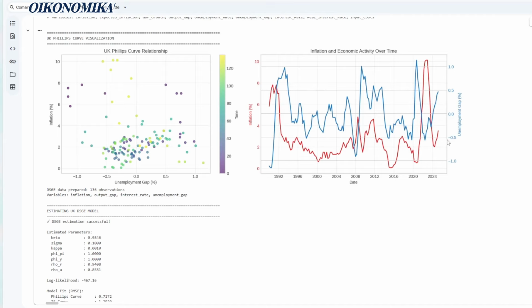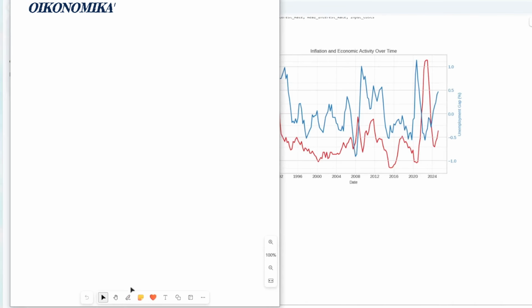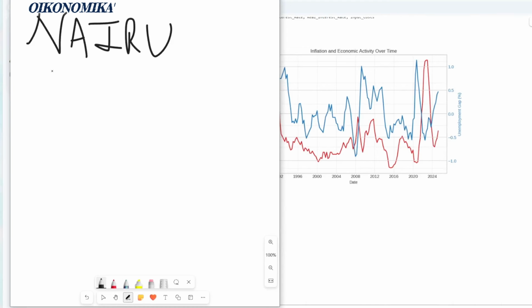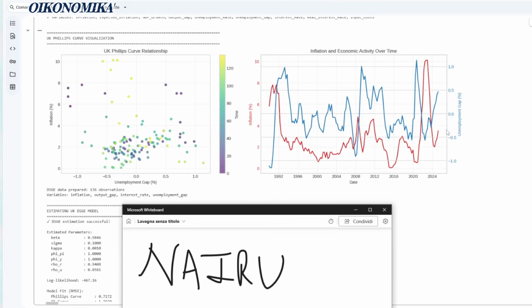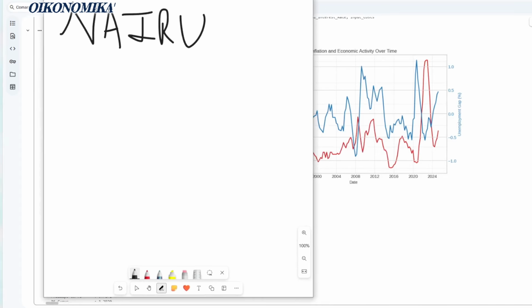That level, which is an equilibrium level, does not generate a price-wage catch-up spiral. So it's called the NAIRU, the non-accelerating inflation rate of unemployment. And the NAIRU level of the UK is around 4.2%,